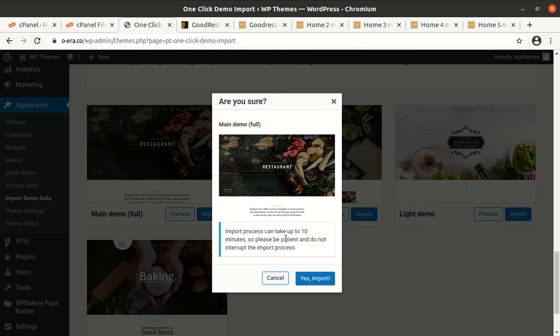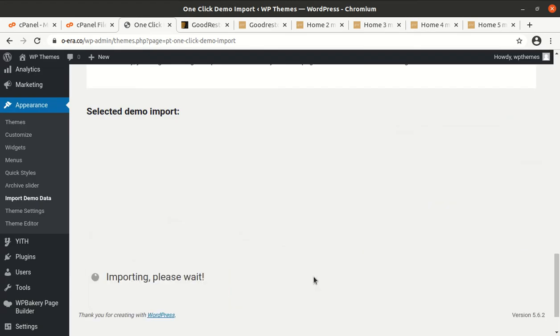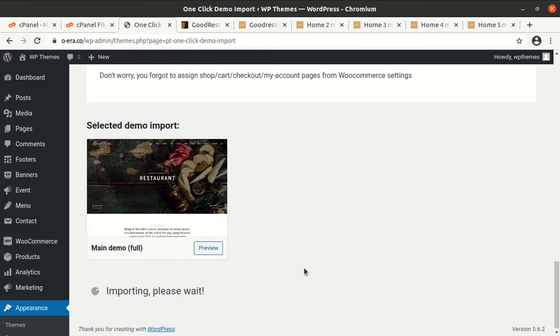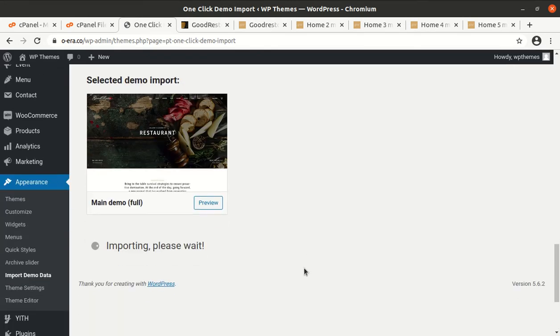and yes, I am importing this. It may take up to 10 minutes. It is clearly written. So now the demo import process has been started, and it may take up to 10 minutes depending upon your internet speed and your server and the developer server integrations. So we have to wait patiently here and let the process complete, and don't refresh or leave this page. It may break the operation. Just wait and wait for good things,